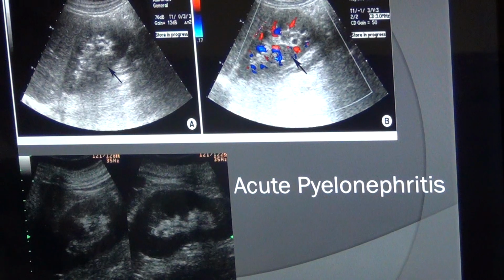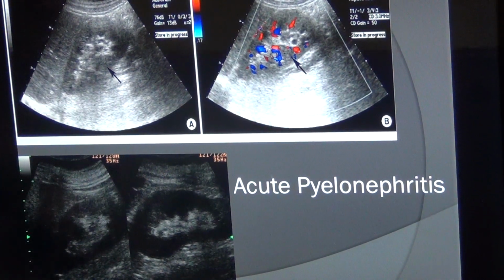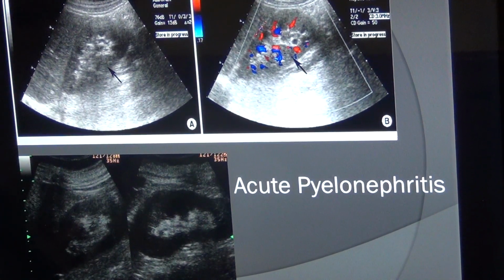And in pyelonephritis, a huge fever. I got patients during my practice as a doctor, so I saw a lot of female patients with pyelonephritis, and you do the